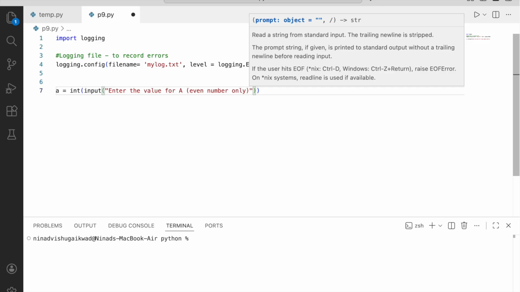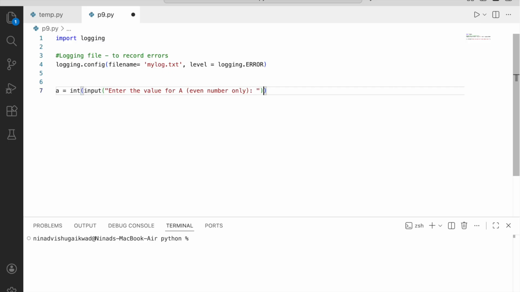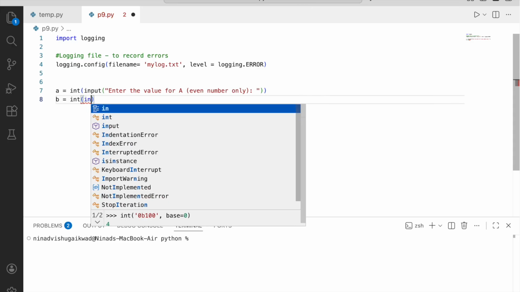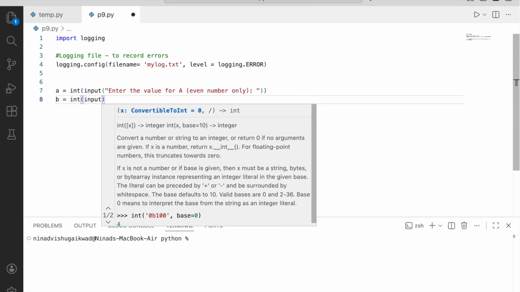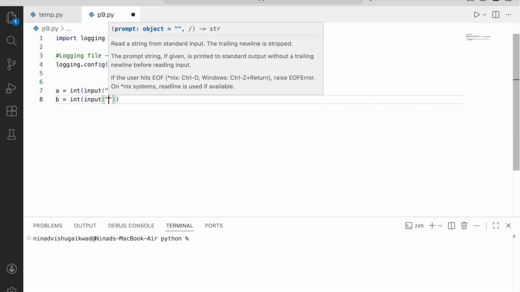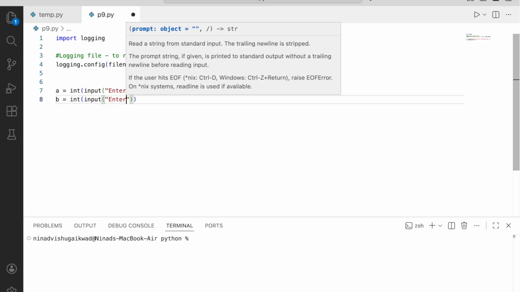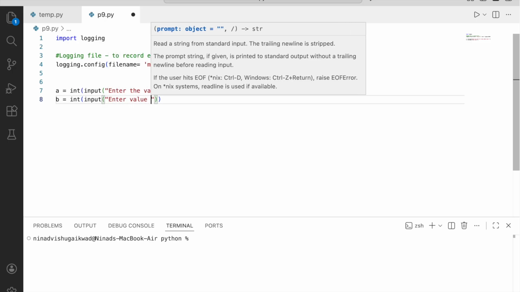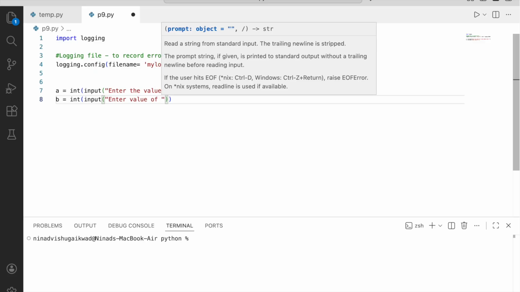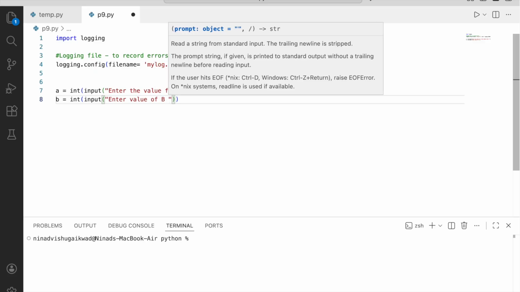Okay, so we are giving a warning to the user: please enter only even numbers. Same is the case with B. Input B